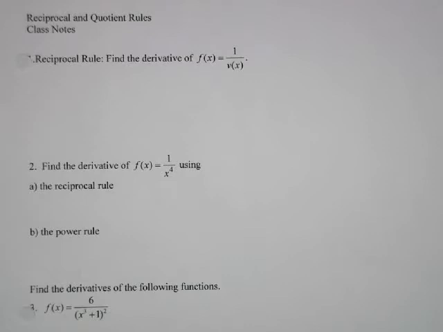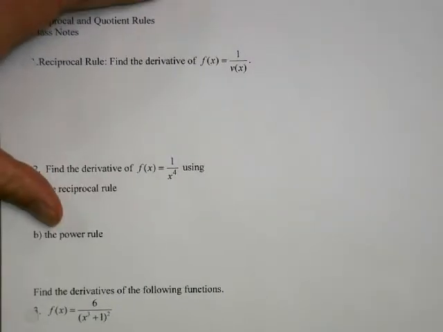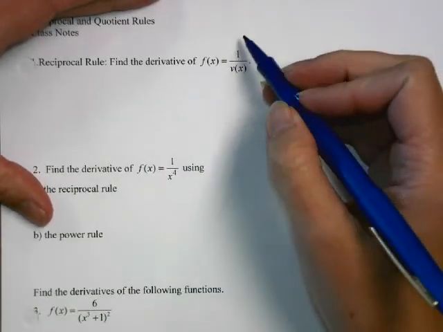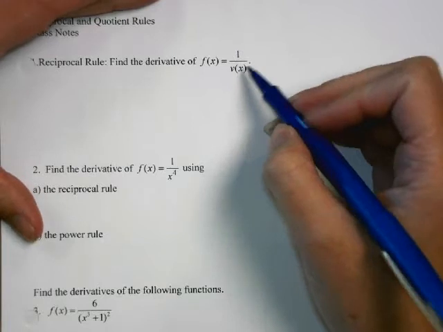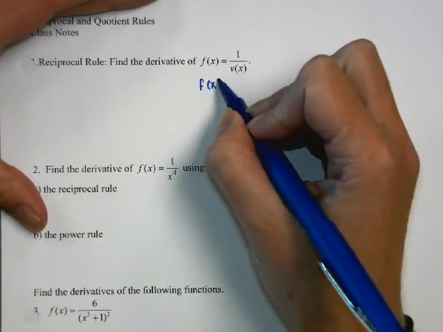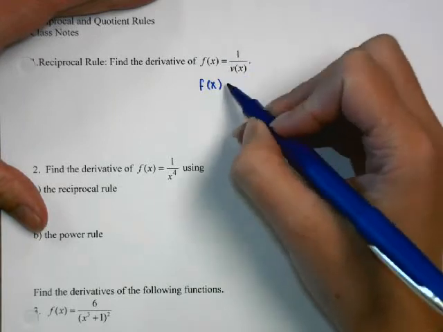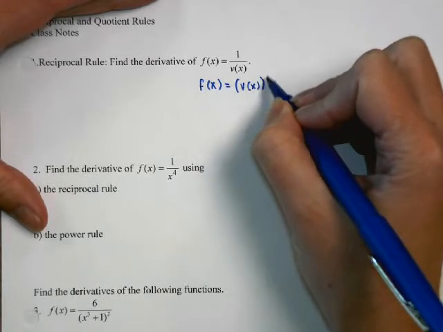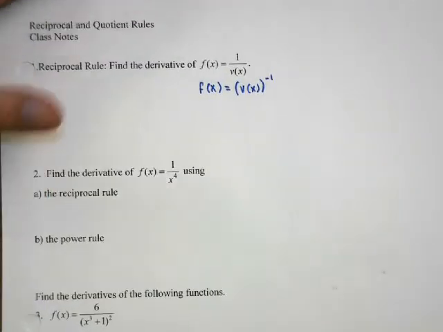Today we're going to talk about the reciprocal rule and the quotient rule. For the reciprocal rule, a reciprocal is just 1 over something. We've already investigated 1 over x. Now we're going to look at 1 over a function. So this would be the same as v of x to the negative 1, and then